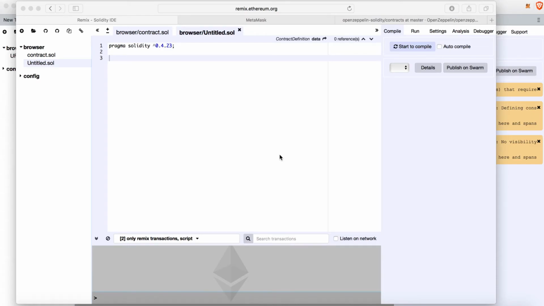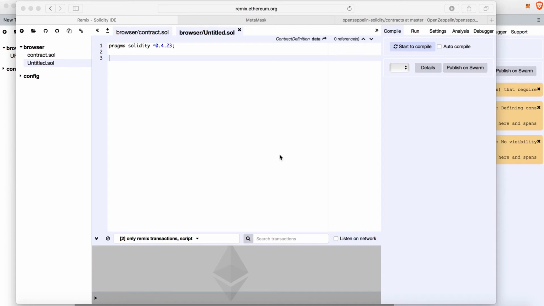Hello everyone, welcome to my demo where we'll be doing token creation or coin creation on the Ethereum blockchain. Before we begin, some of you might ask, okay, why do we need yet another coin? But people have their reasons for coin creation, token creation, maybe for a crowd sale,